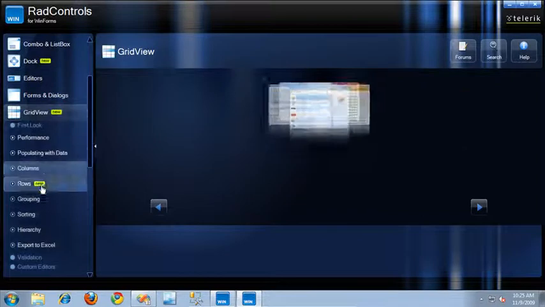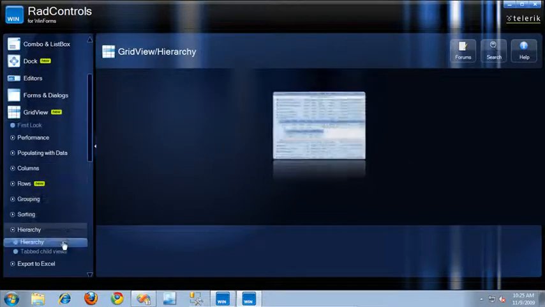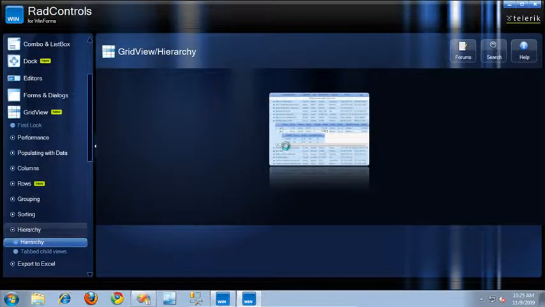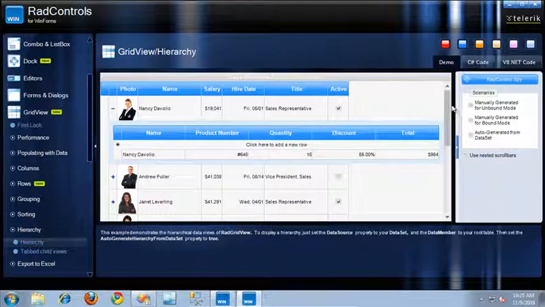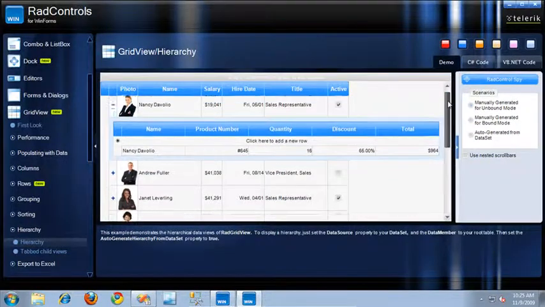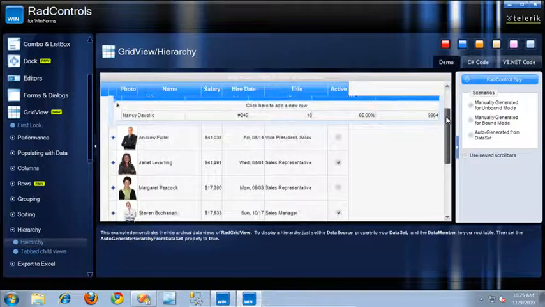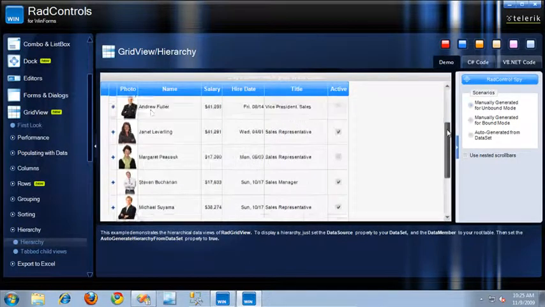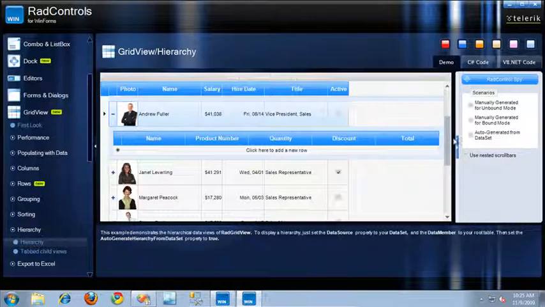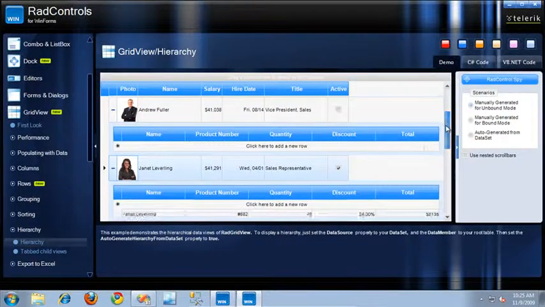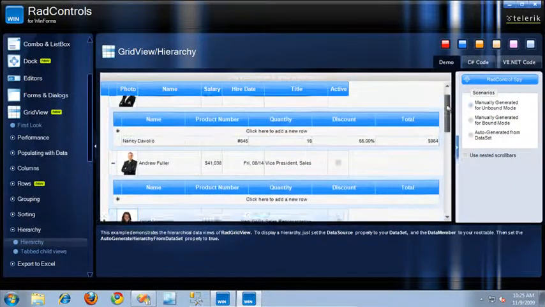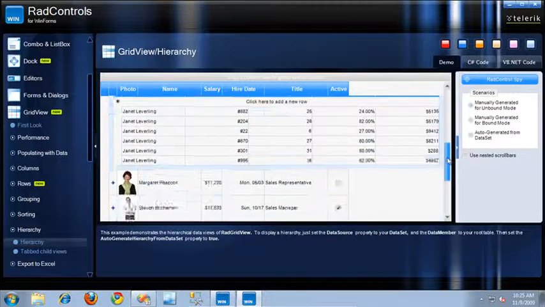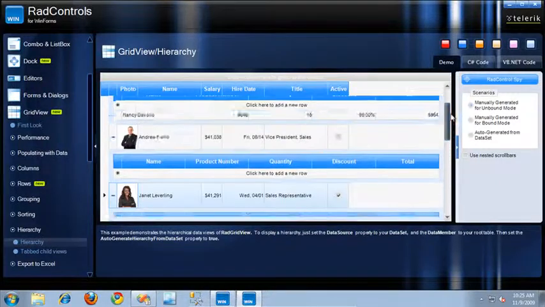I'm going to go ahead and open up the same exact hierarchy example. And here, first off, let's check out the scrolling. Look how smooth it is. So it's a lot smoother, and I think this will really improve the user experience when using RadGridViews in your application. You no longer get that jumpy effect from the previous release,